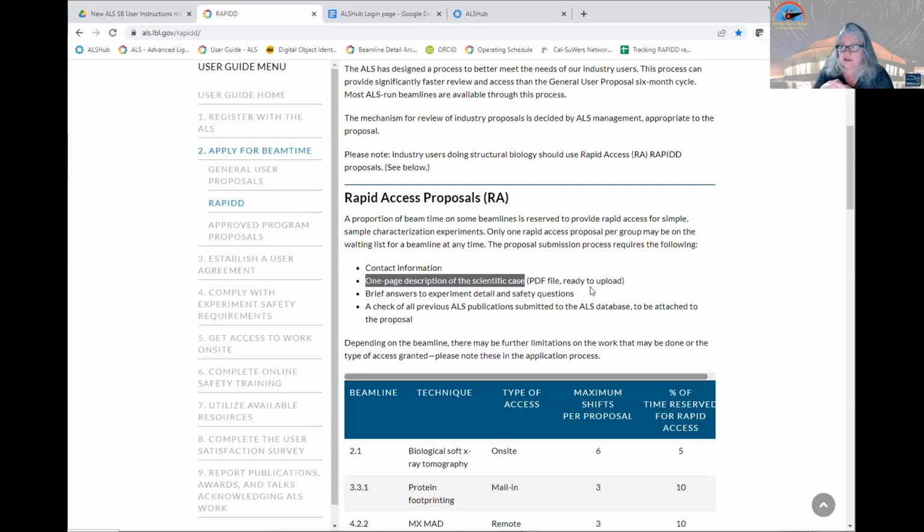Give us some details about your experiments. Rapid reviewers like to know, do you have crystals on hand? Are you ready to go? The review process takes about 1 to 2 weeks. It's fairly quick. And then if you're allocated beam time, you can contact the beamlines and discuss scheduling of